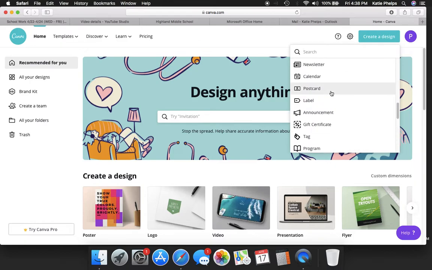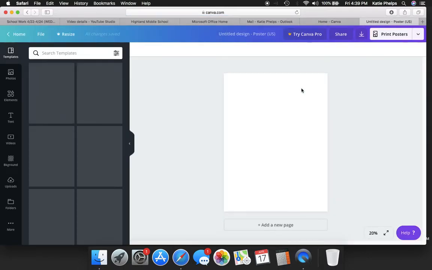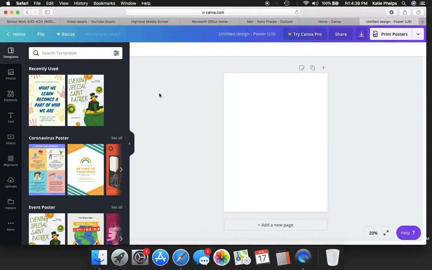They also have an app. If you would rather download the Canva app, it is free. You could do that on any of your devices. So it is nice that we can use it as an app or the web-based version on our laptops or desktops. We are going to choose Poster for this assignment, and you can see these are the design elements that